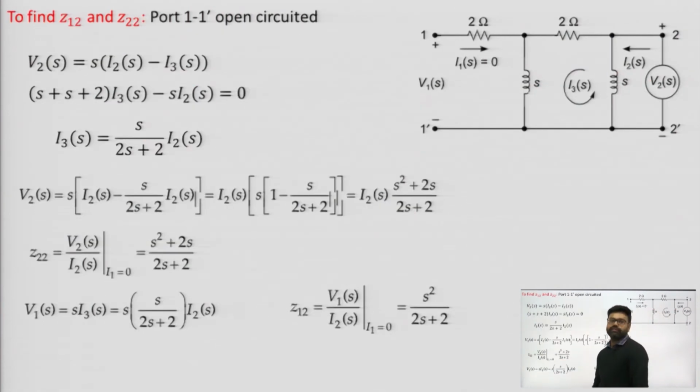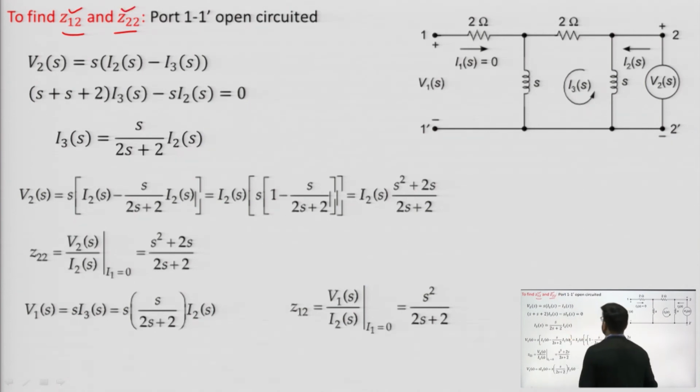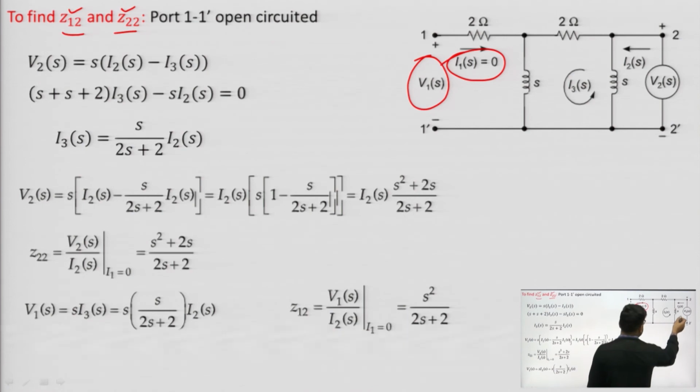Now to find out Z12 and Z22, we have to obtain the ratio of V1 and I2 for Z12, and for Z22 we have to obtain the ratio of V2 and I2. Now we have open circuited this port. On open circuiting, I1(s) will be equal to 0. Again, when we apply KVL in this equation,